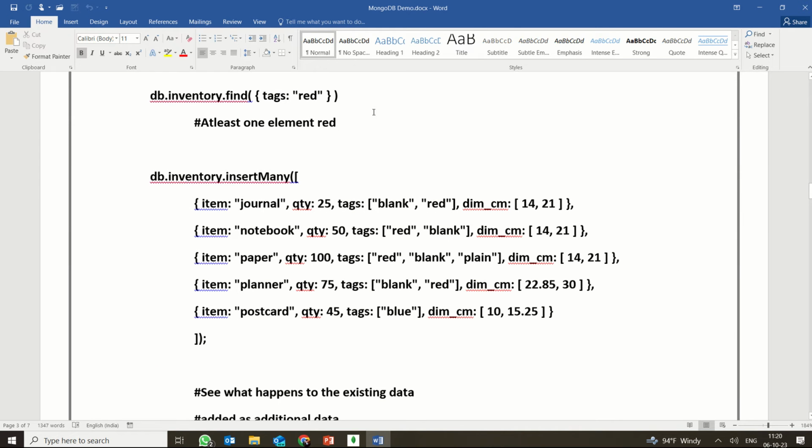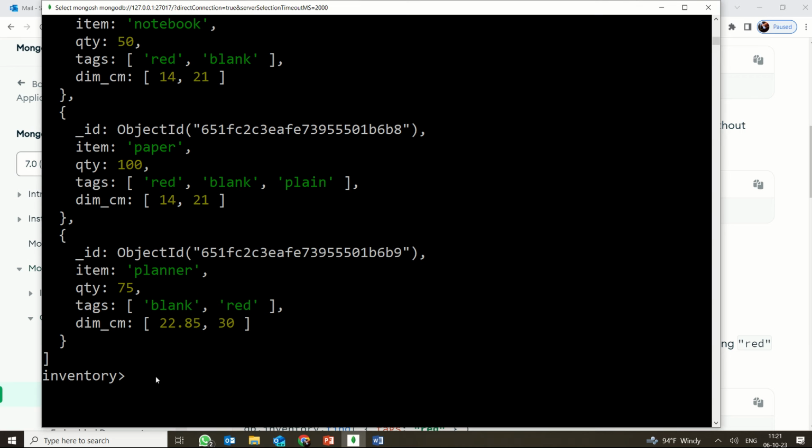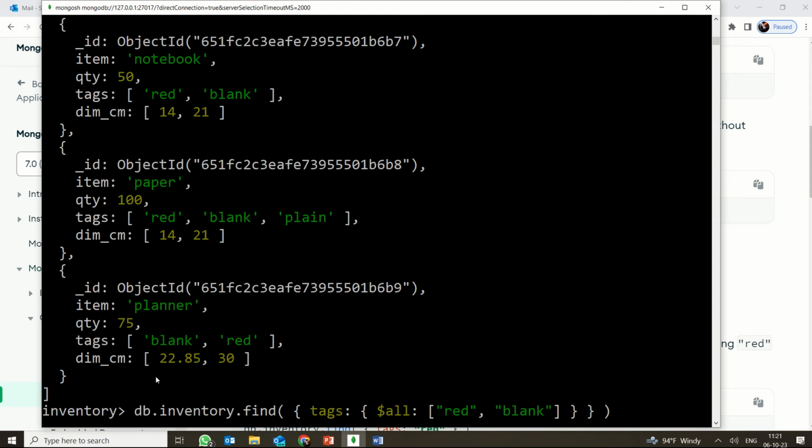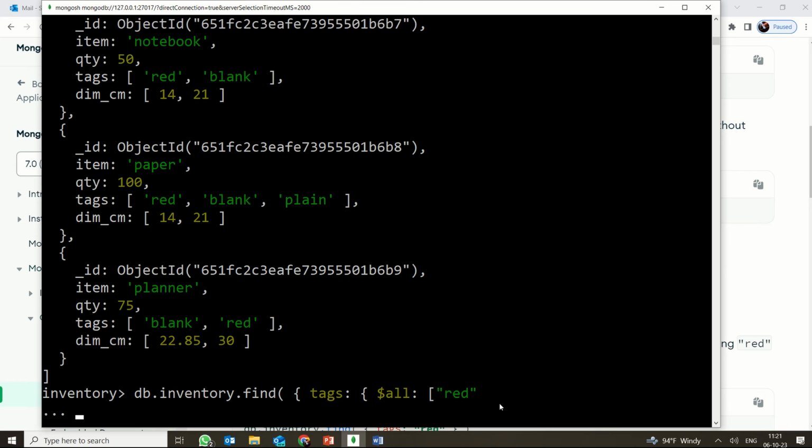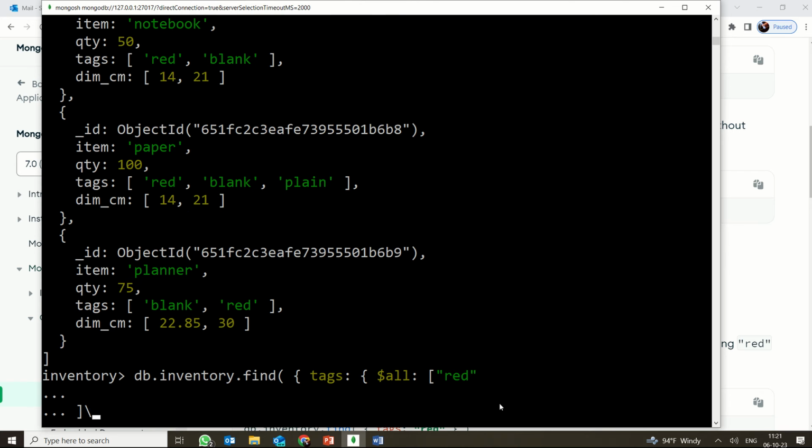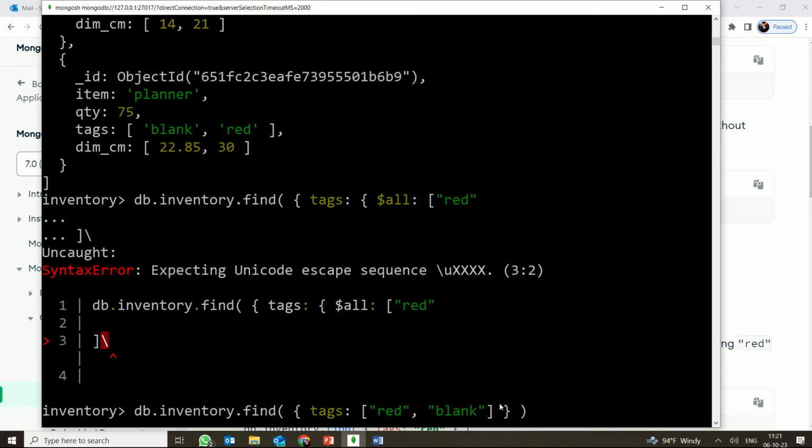Yes, then if you want, if you are using this as simply red, whichever has at least red, it will be given back to you. So that is nothing but, here, if you simply give just blank alone,